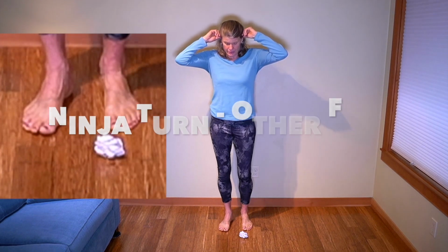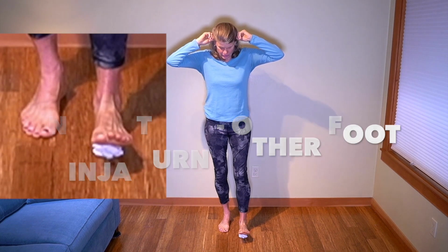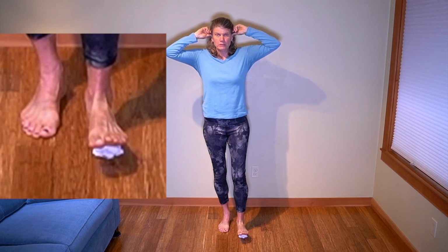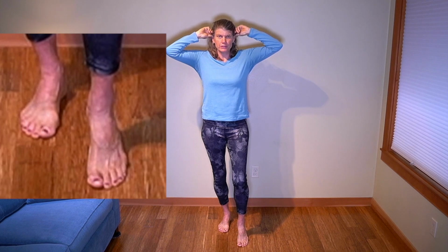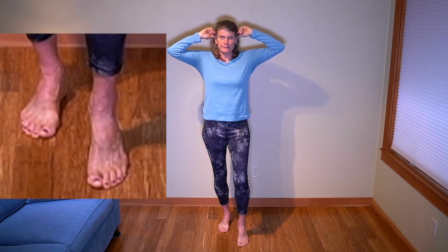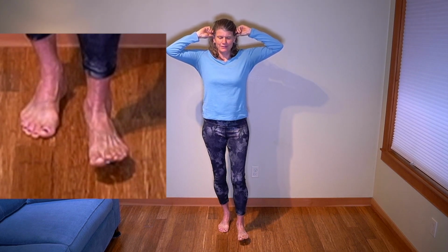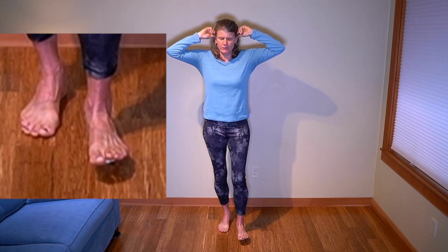All right, let's try it on the other side. So, left heel is behind the paper ball, balancing on the floor. Start with your eyes open first, just to get oriented. Going to the ball of the left foot, coming over your paper to the heel. Rocking lightly over the ball without crunching it. And then come onto the left heel, close your eyes, see if you can relax and feel that whole right